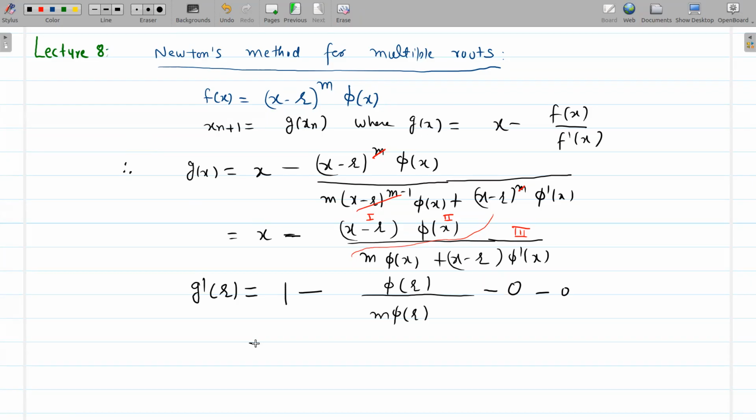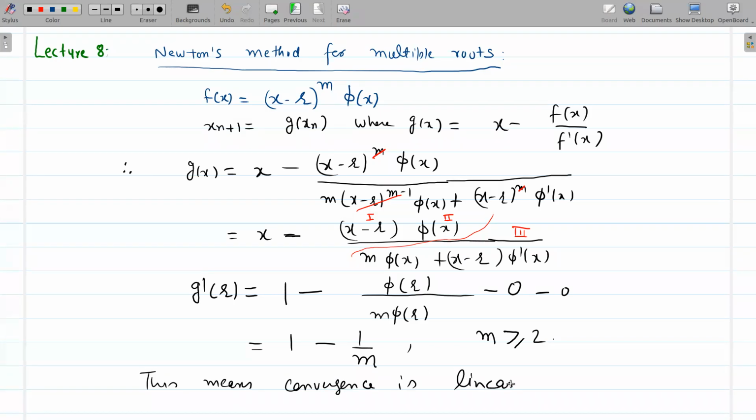So you only get first term, and phi r will cancel out, so 1 minus 1 by m. And what is m? m is multiplicity which is greater than or equal to 2. So m is a number which is 2, 3, 4. So first derivative of g is non-zero. So this means convergence